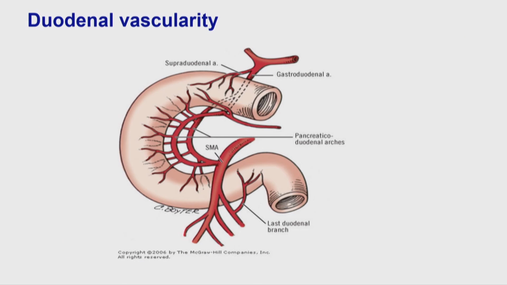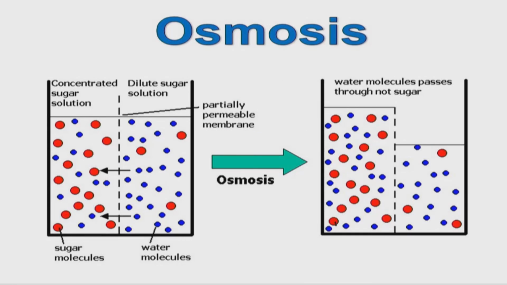And the gut, as I said, has a lot of blood vessels around it, and the duodenum, the first part, has also got a lot of blood vessels around it. And if you eat a food which is very rich in carbohydrates, a lot of sugars, and you have rapid stomach emptying and it's predominantly a liquid meal, it goes down from the stomach into the small bowel very quickly, then the concentration of that fluid becomes very high in the